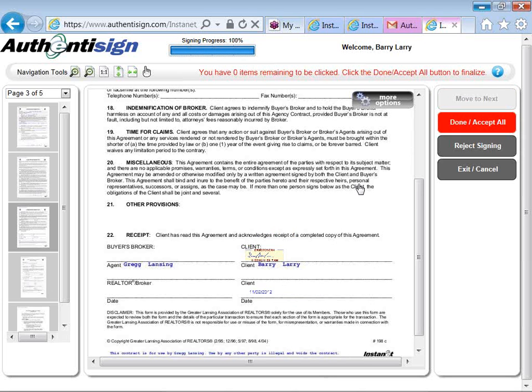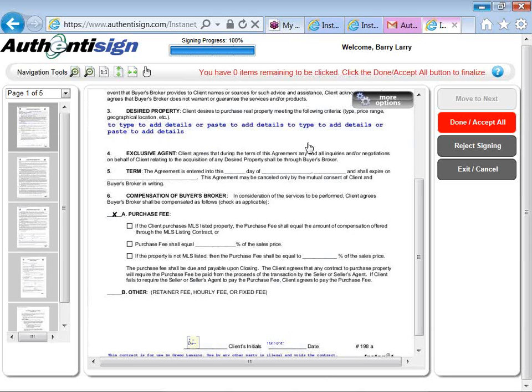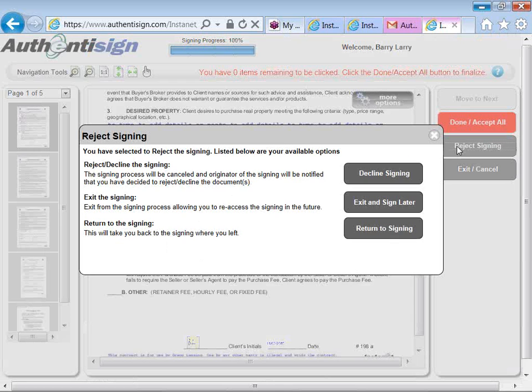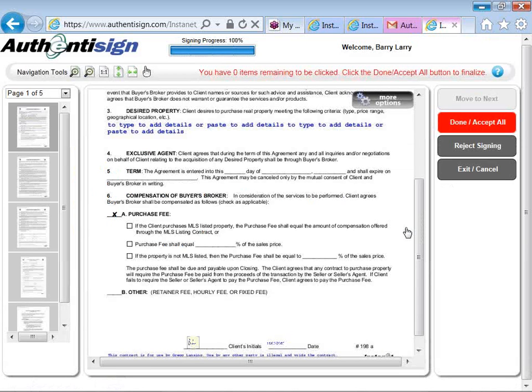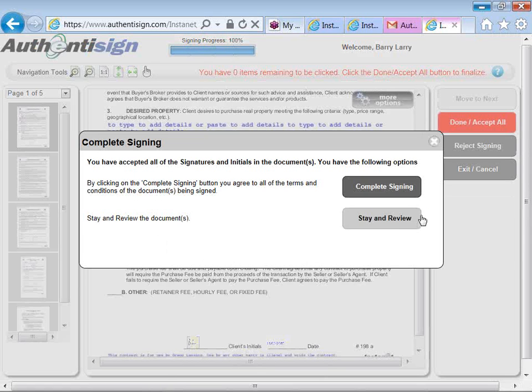They can now go back, read the contract, go through the pages of the thumbnail to make sure that they read and understand everything that they're signing. If they read something they don't agree to, they can still reject the signing. They can decline to sign, they can exit and come back later, or in this case we're just going to return. So even though they have 0 items remaining and they have clicked to accept all the blocks, they can still reject the signing. Because until they click on Done and Accept All twice, because they are going to be prompted to stay in review,